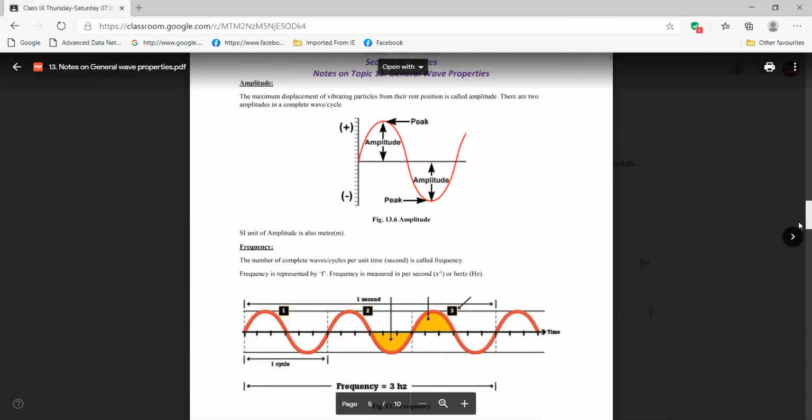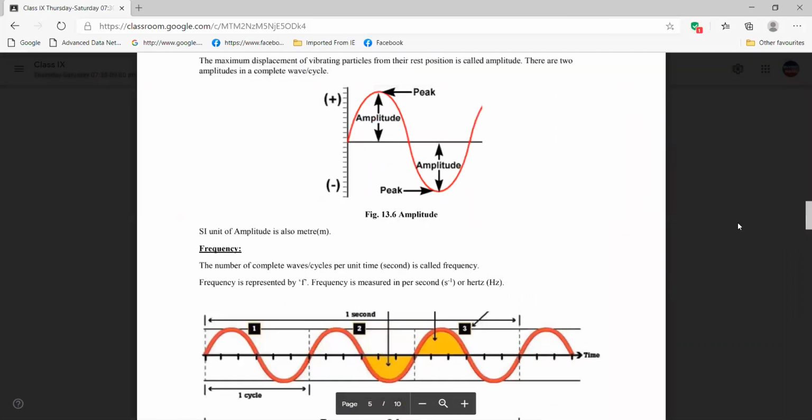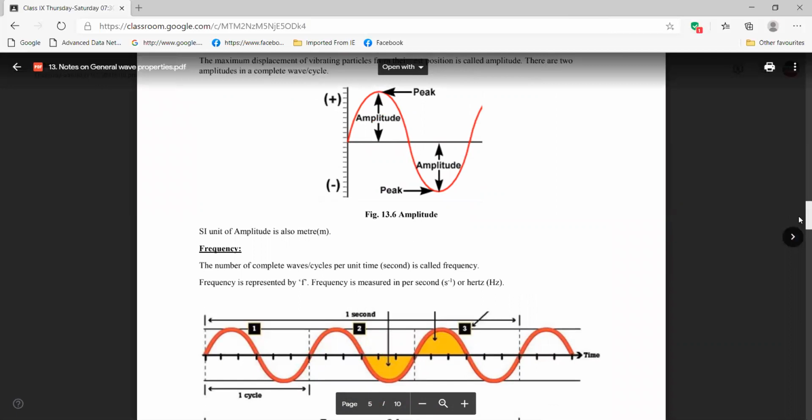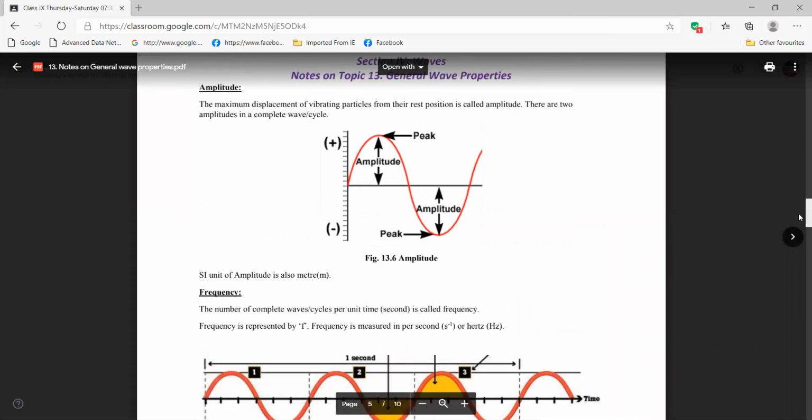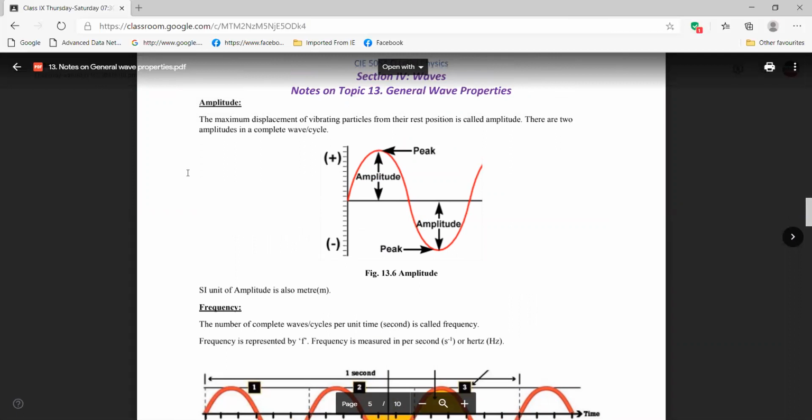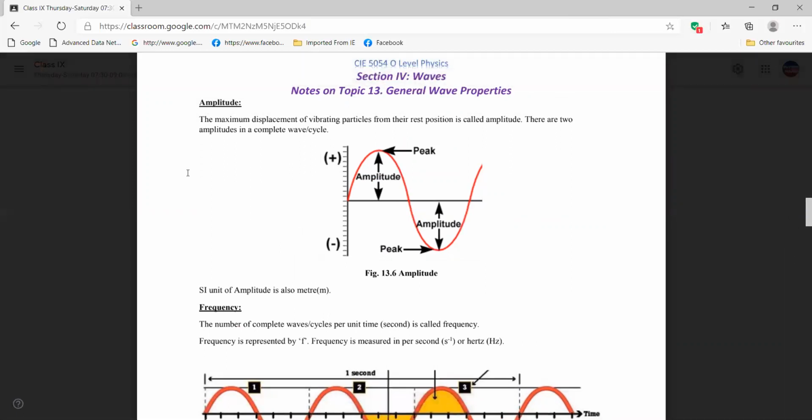We also discussed amplitude, right? No, sir. In your notes, it's not written amplitude. Did you check? Till wavelength you wrote. Okay, look here now. Write the heading amplitude